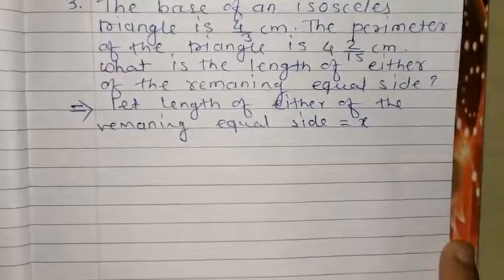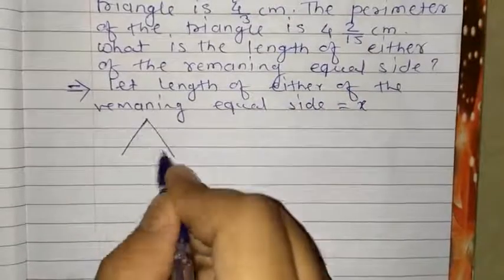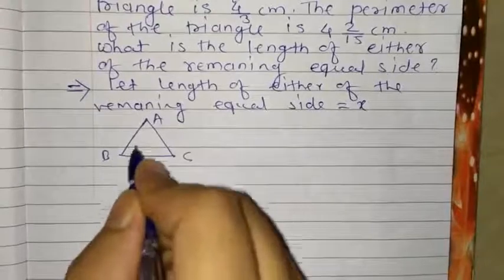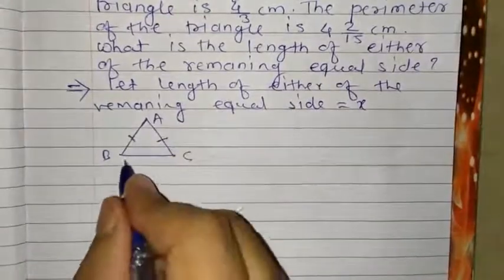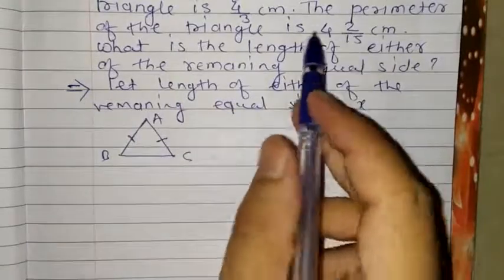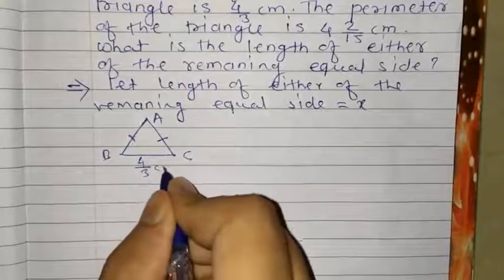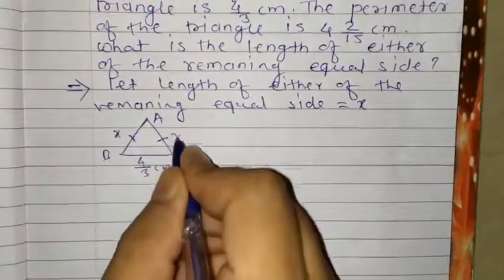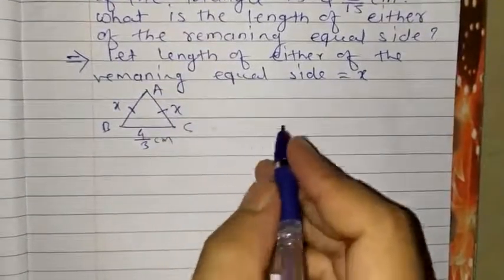And as you learned about triangles, this is our triangle that we are drawing in this question, ABC. So this is an isosceles triangle that we assume according to the question. Both two sides are equal and this is the base. And in the question they have given the base of the triangle as 4/3 centimeter. And this side we assume x. So if this is x, the next will be x, that we already assumed. So now we start the question.